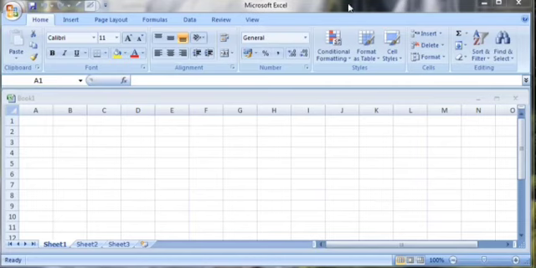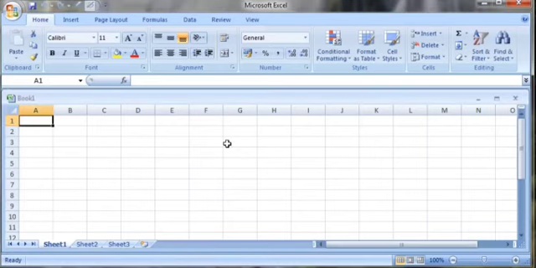When you open MS Excel, this window appears. Here you can see the main work area is divided into rows and columns. Then what are rows and columns? We know that this is horizontal axis or horizontal line.